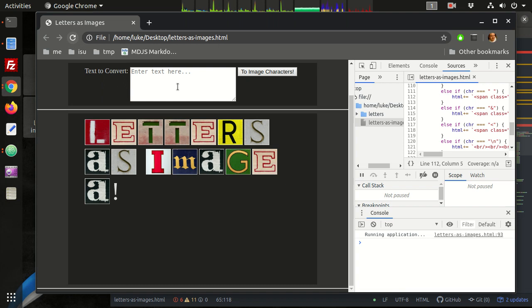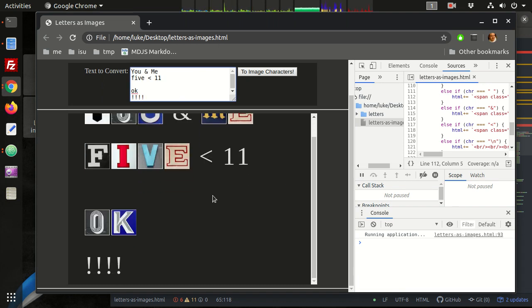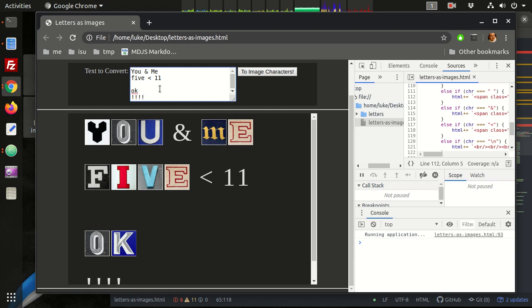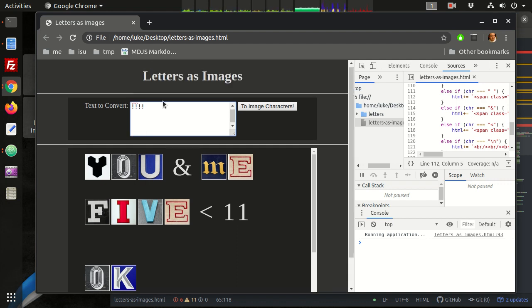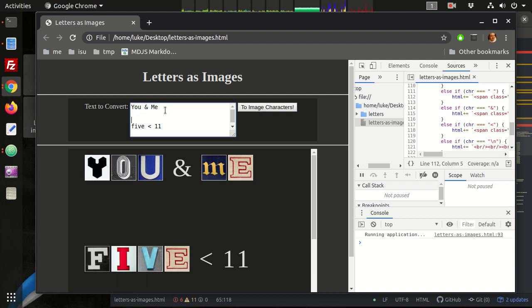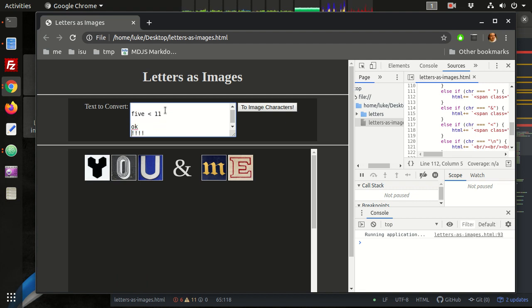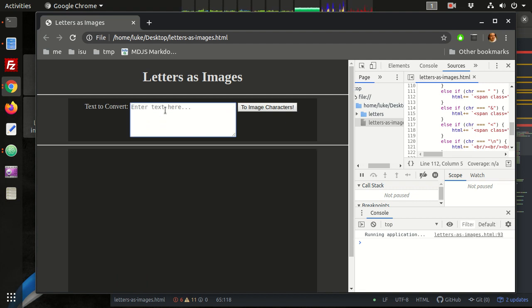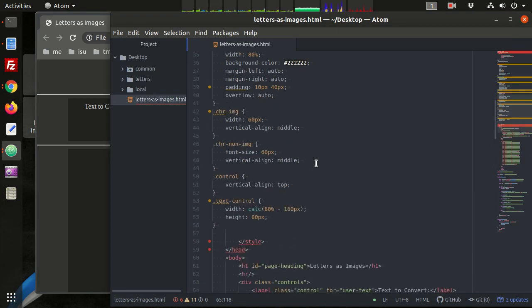All right, so we refresh, paste, and I press enter, and sure enough, that works. Now this should still allow me to press shift enter, and it does. And I can adjust this, I can add some new line characters here, press enter. There we go. Okay, so that is basically replacing